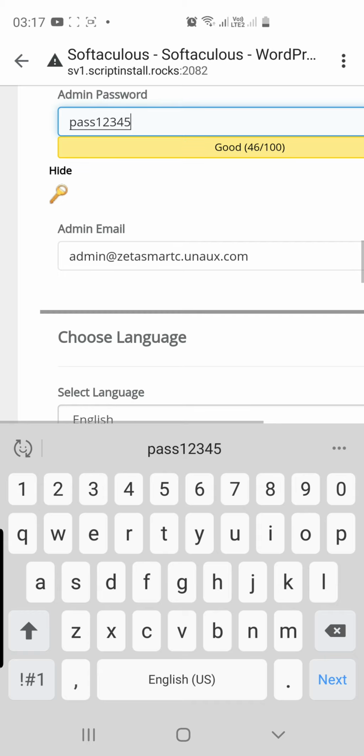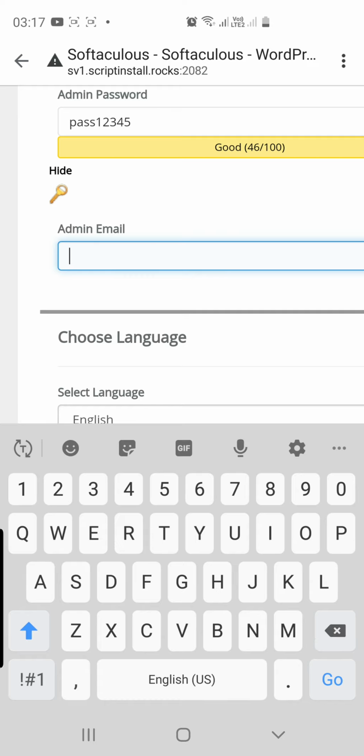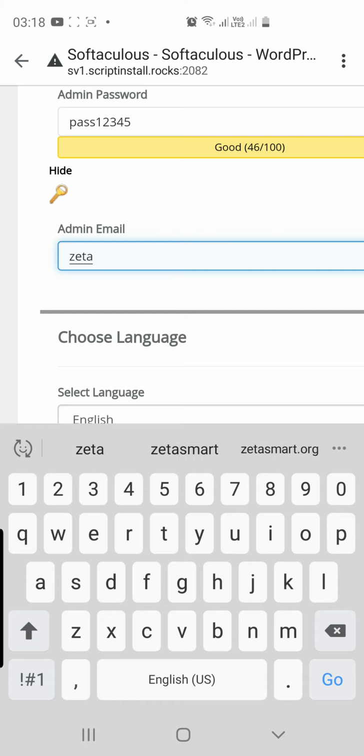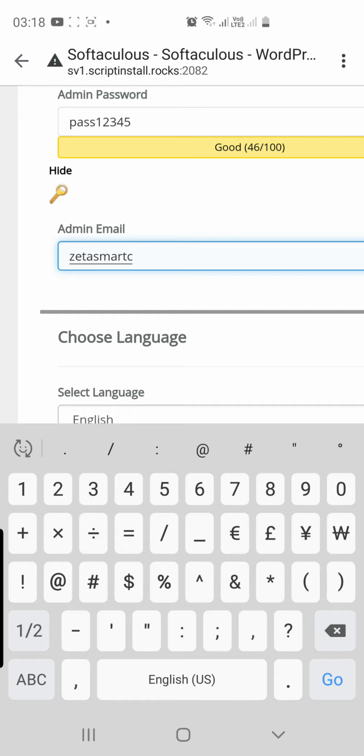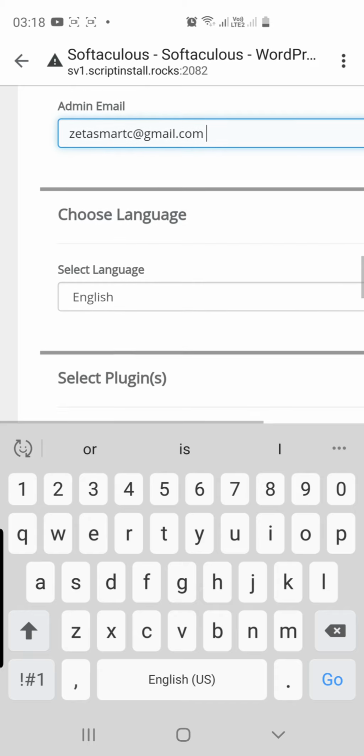So this is very important. Admin email, you can use any email you want. I would like to change it here, so I would say the same email I used while creating the website. I'll say Zeta Smart C at gmail.com. All right, so I will do that.